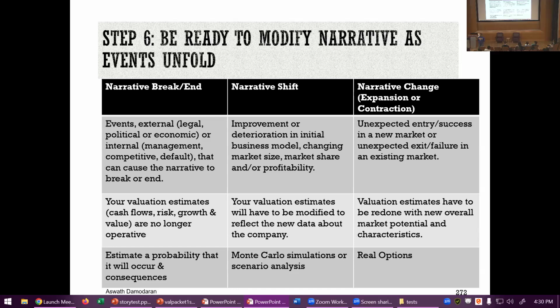Chegg is now worth close to zero. Now, if you have a question, let's say you want to know the hypotenuse theorem, you don't have to call a human being, right? You can ask ChatGPT, and ChatGPT, AI, has killed that company. That's a story break. You thought you had a great story until. I'll give you another example.